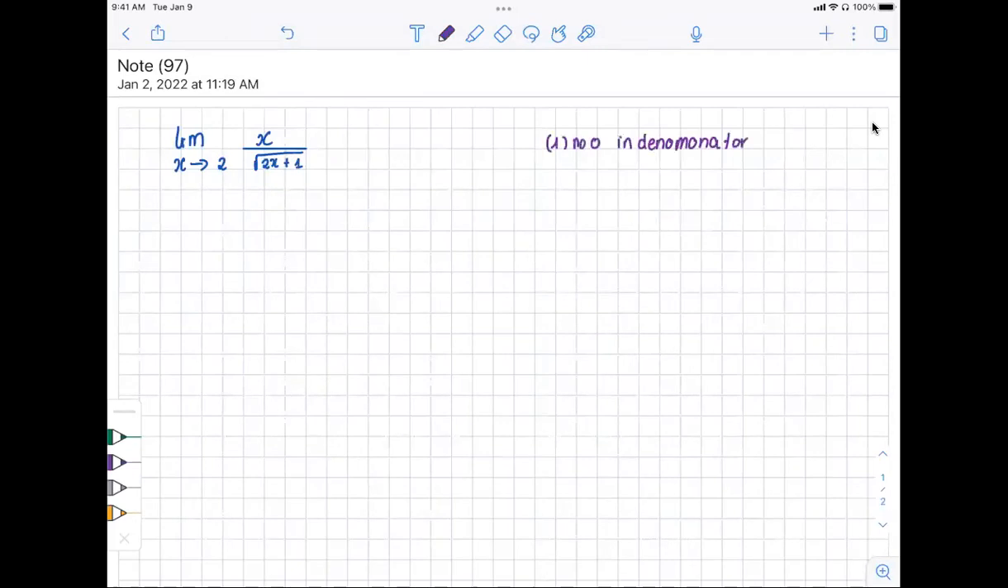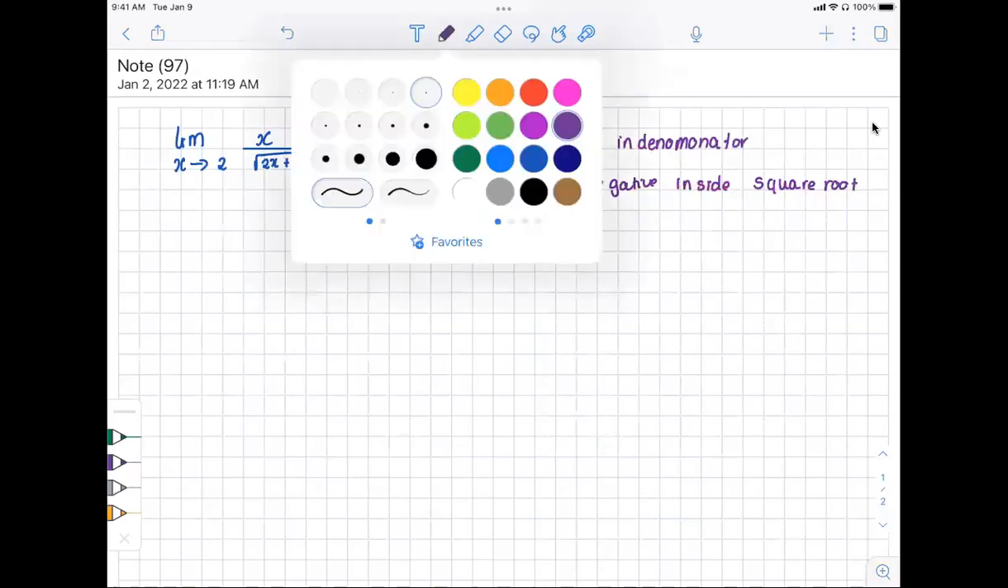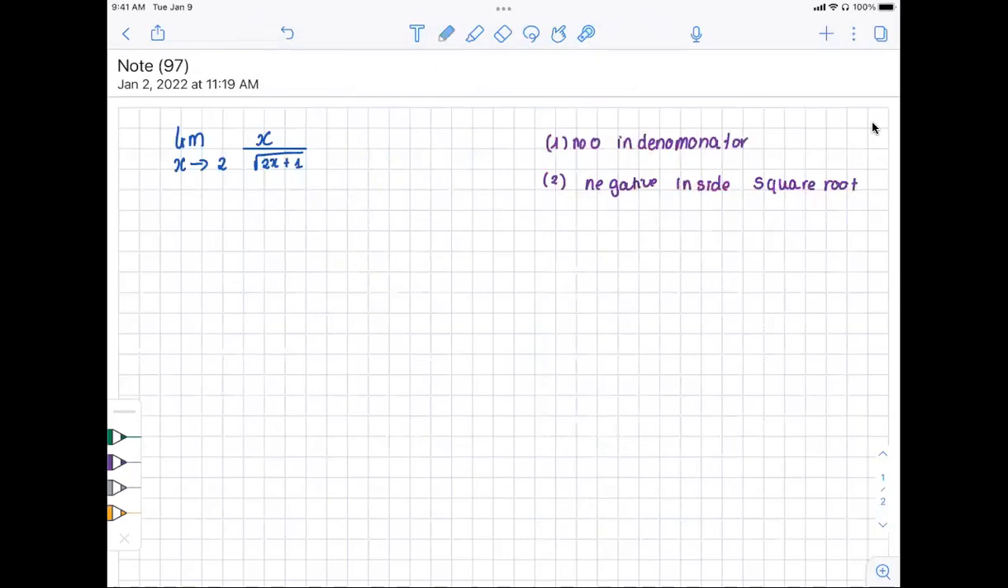And two, in the case where you don't have a negative inside the square root. Right? So if you don't have any of these, then you can use the direct substitution method. So in our case, for example, given this problem here,